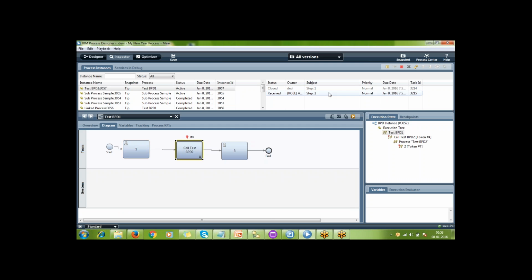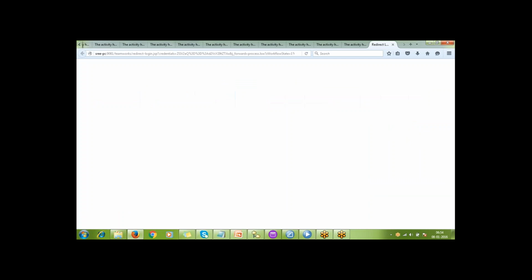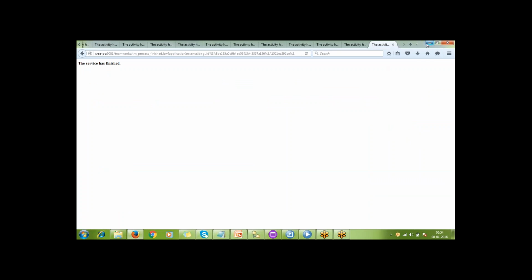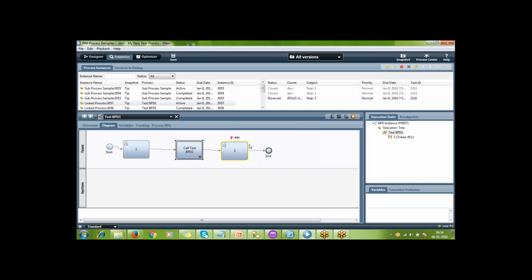Next it came to test BPD2, so I am running this test BPD2. Once I run this BPD2, it will come back to test BPD1, our main BPD. If I refresh, see here, it came back to activity 3.